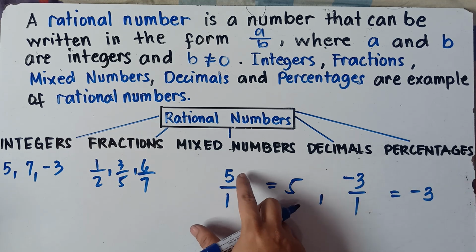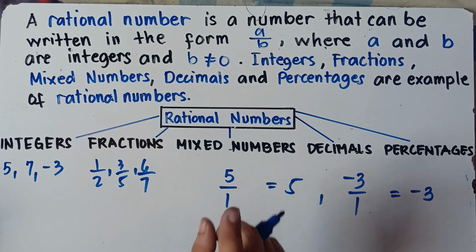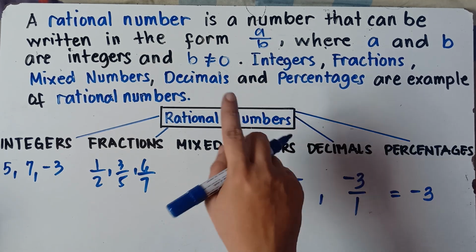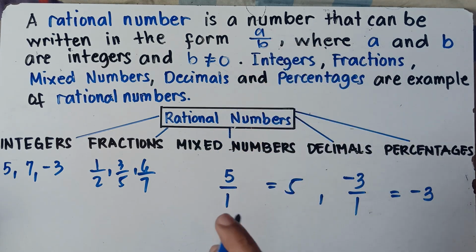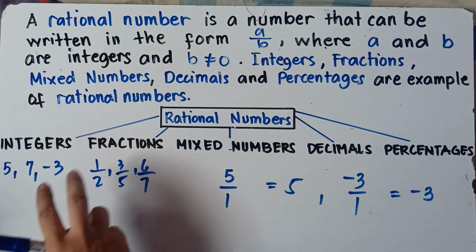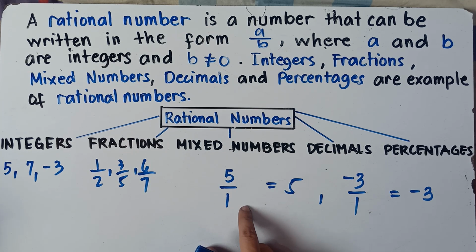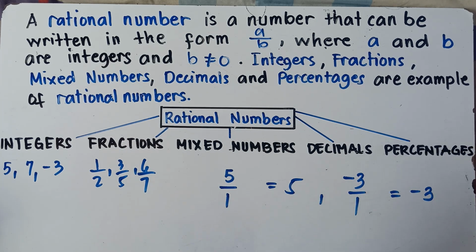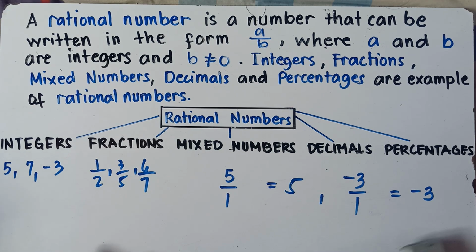Now if you have your numerator and you have your denominator, automatically, class, you can call that a rational number, because a rational number has a numerator and a denominator. Therefore, that's why we call integers rational numbers. Understand, class, that any whole number has a denominator of 1. I hope it's clear for you, class.